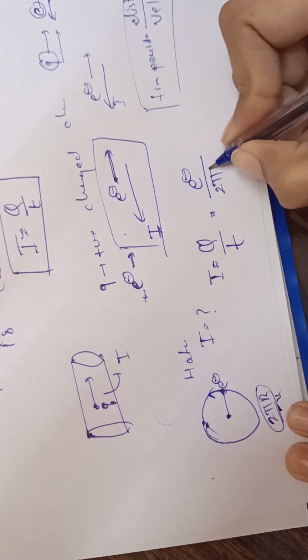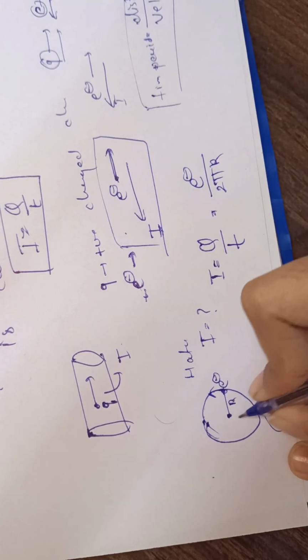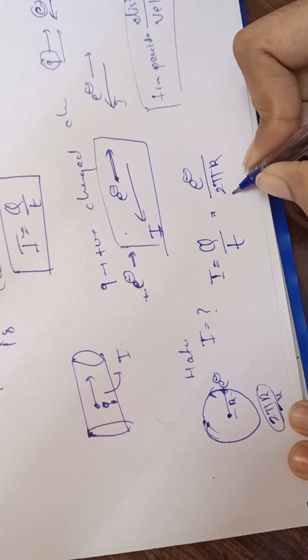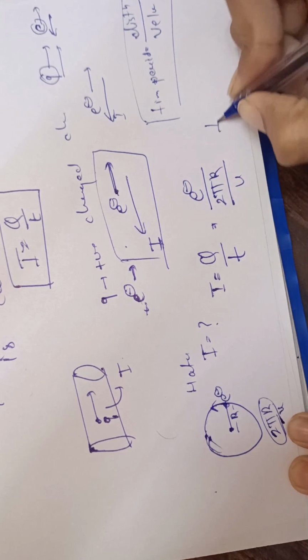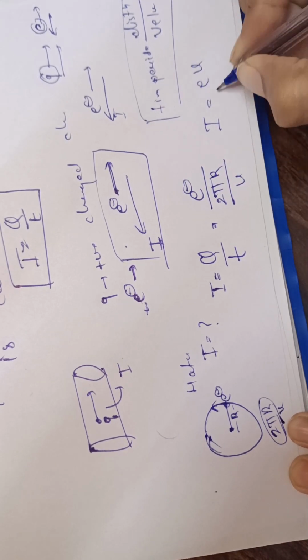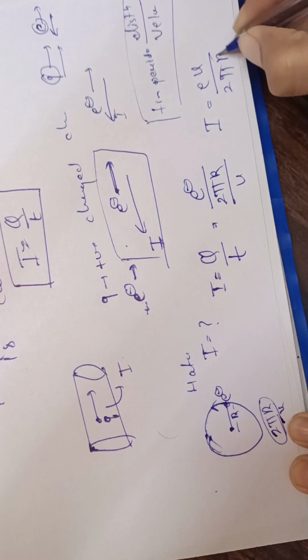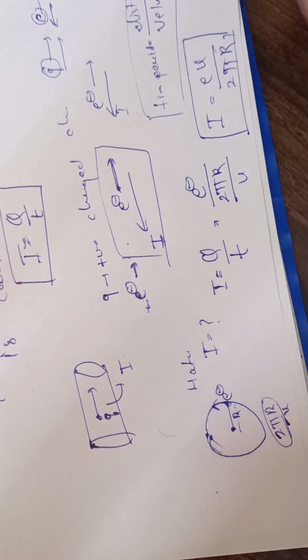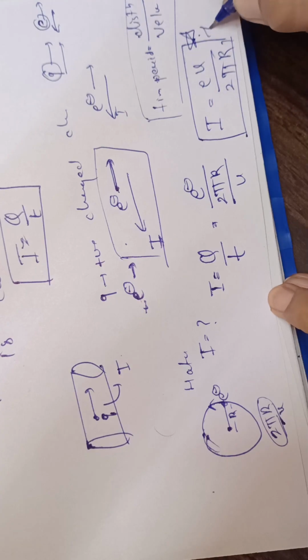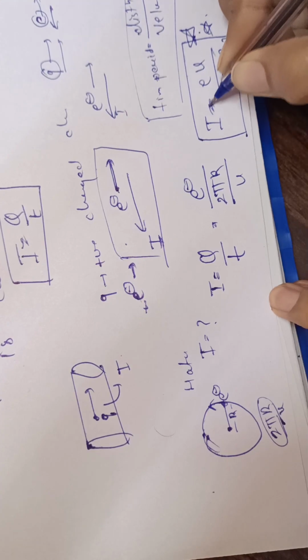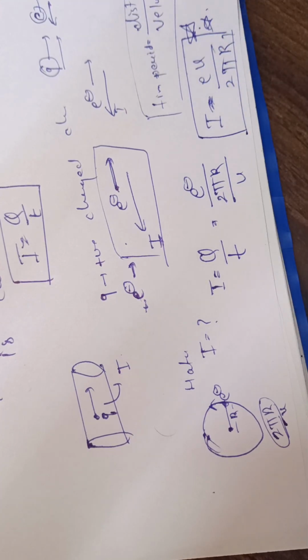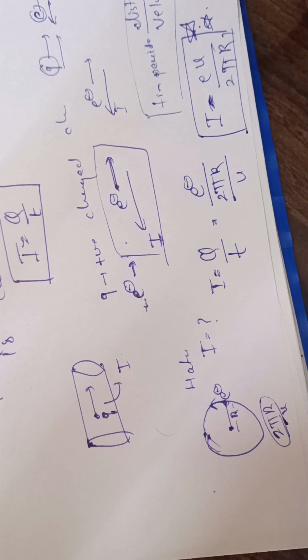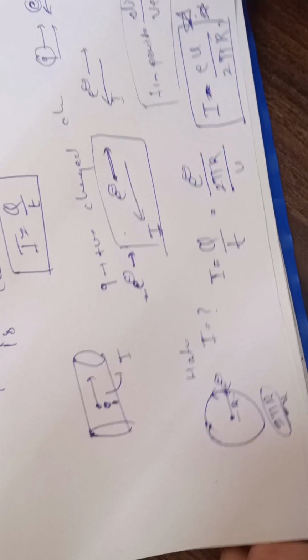Then the time period is 2 pi r by v, where r is the radius of the circular path. Then I will be ev upon 2 pi r. This will be the current in this circular path. This is an important formula and we have to remember this. We can also derive it, but you can also remember this, ev by 2 pi r. Okay, so next,